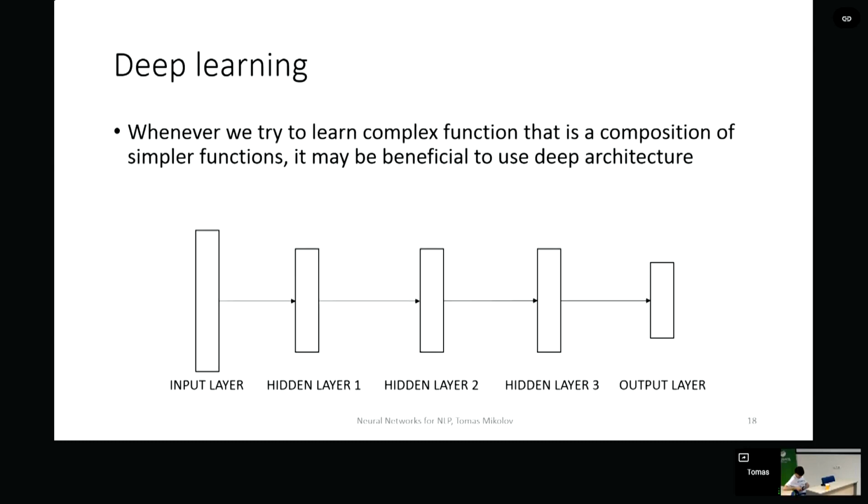This is a graphical representation of the motivation for deep learning. Simply with 3 hidden layers, it would look like this. So there's nothing complicated. Everything works the same as before. Of course, the gradients are propagated through the structure, which is a little bit harder than in a more shallow network. So there are a lot of discussions about what is the best activation function to use, and where you can have some skip connections so that you would go, for example, from hidden layer number 1 directly to the output layer, and so on. You can do all these things, but the basic idea is just to have an architecture of this type, and it already somewhat works on some problems.